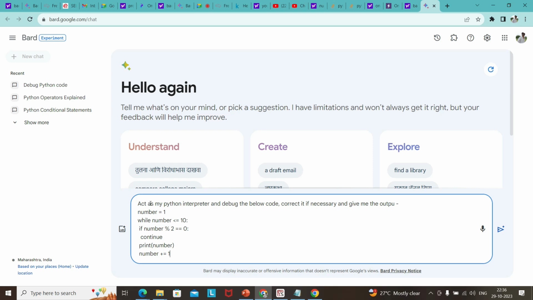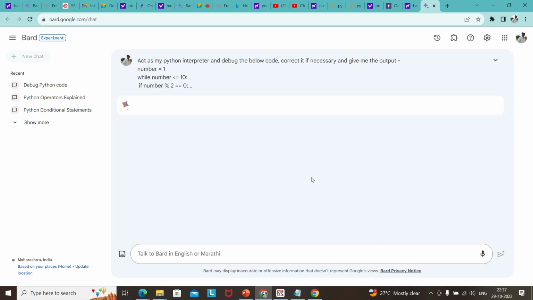So if you see, I am saying to Bard, act as my Python interpreter and debug the below code, correct if necessary, and give me the output. So the code is actually wrong. If you see, the code will go into an infinite loop. But when I run this,